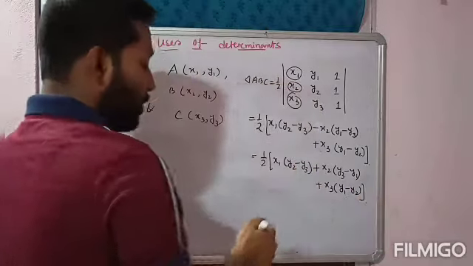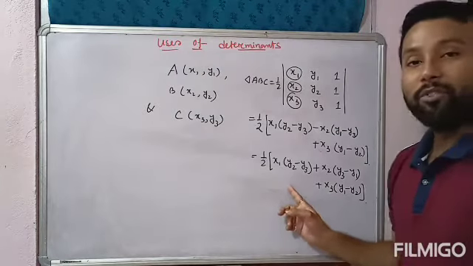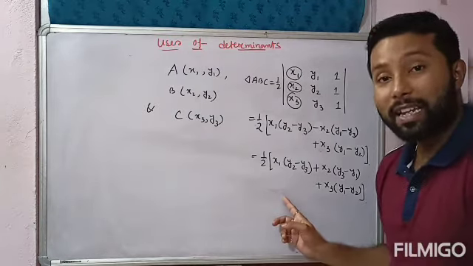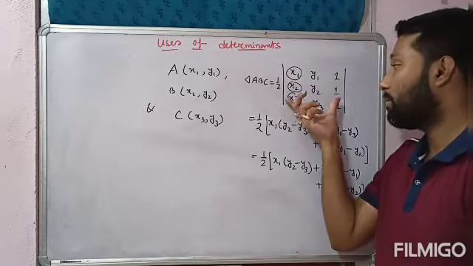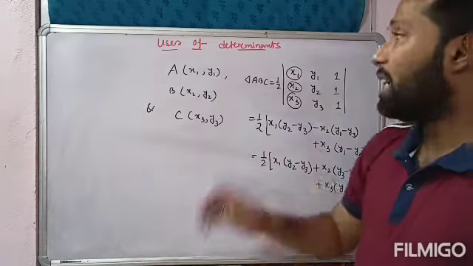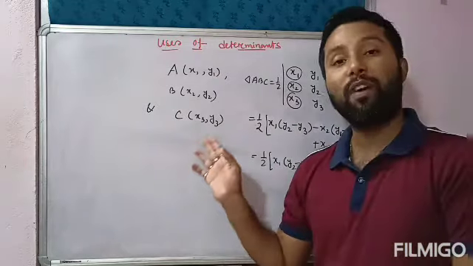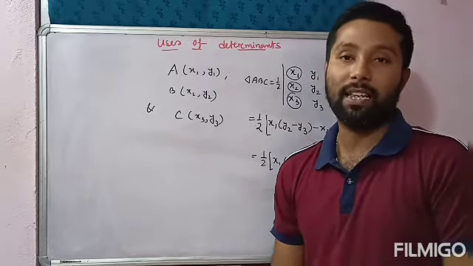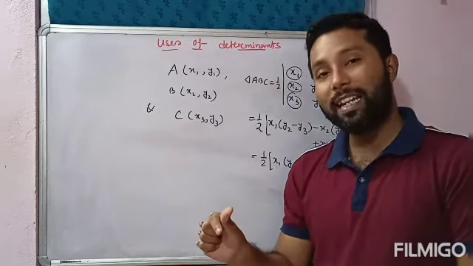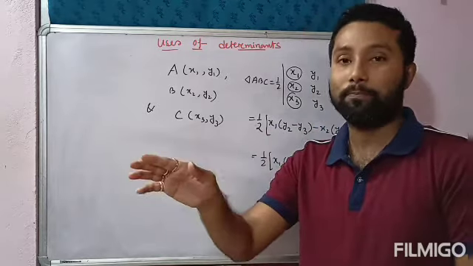This is the formula, the original formula only. Okay, area of a triangle. So where did we get the formula for the area of triangle ABC? By using the concept of determinant. So this is one of the uses of determinant. By using the concept of determinant, we can find the area of a triangle. So if you know how to find the area of a triangle, there is a lot related to it. Now,